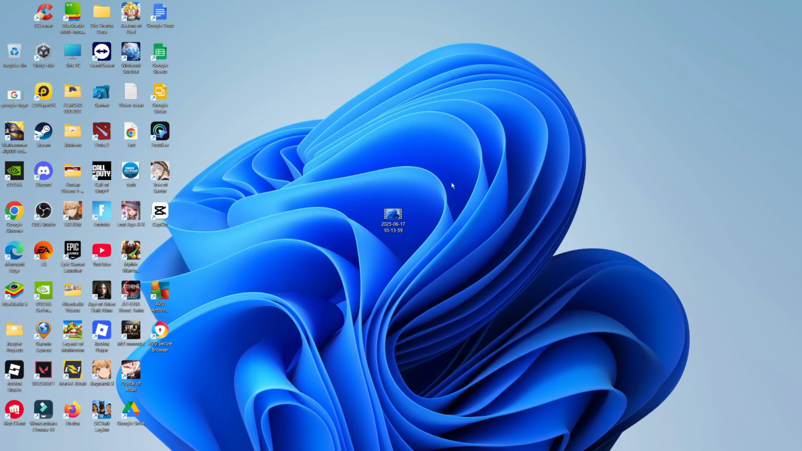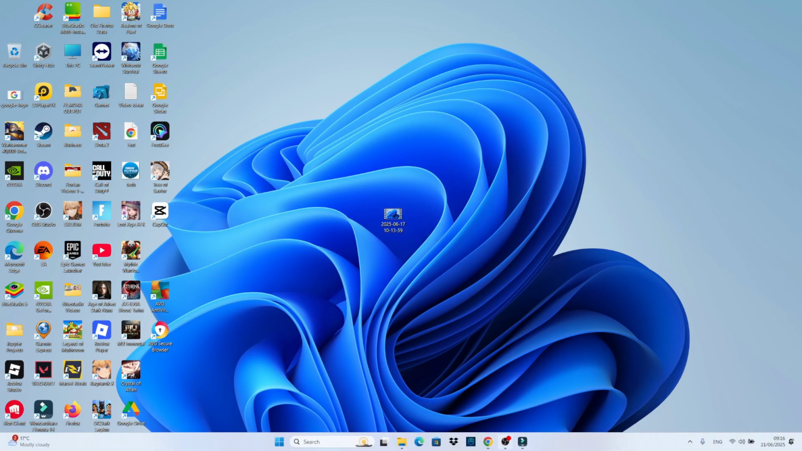So here we are on my desktop. As you can see, I've currently got this file here, which is an MOV file. So this is the one we're going to be using in today's tutorial. And to convert this to an MP4, what we're going to be doing is using a website which is called